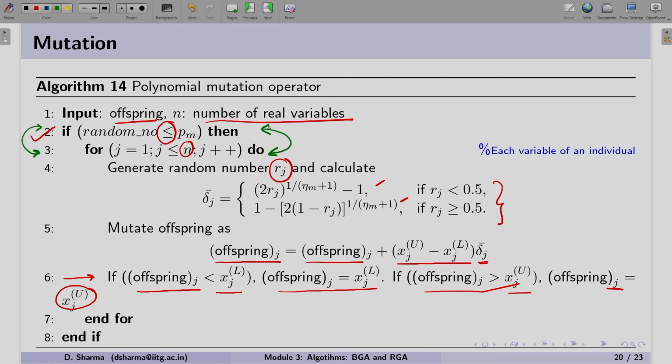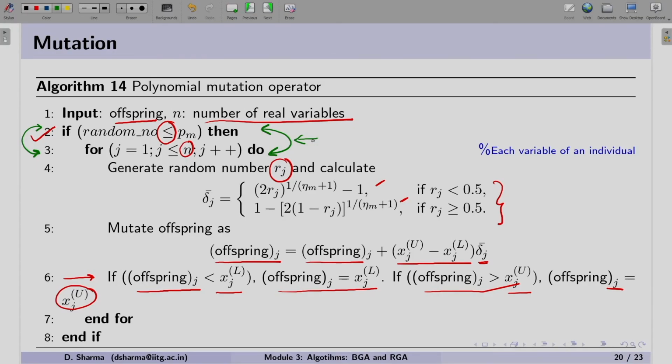However, if we swap steps 2 and 3, that indicates that for every variable we will generate a random number and then decide whether we want to perform mutation for, say, variable j or not. So those two implementations are easy, and we can include any one of them.